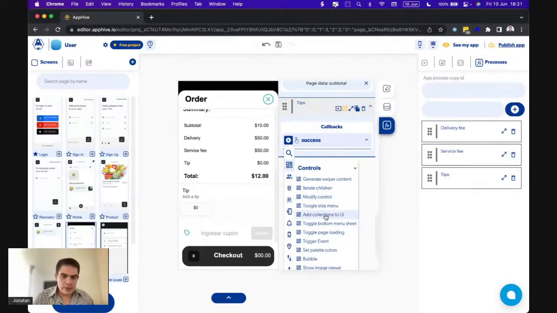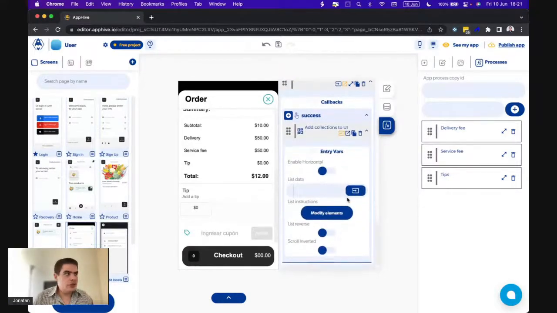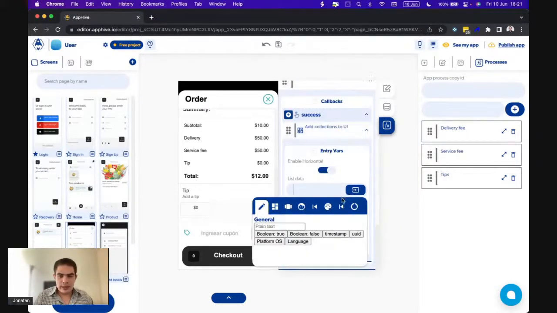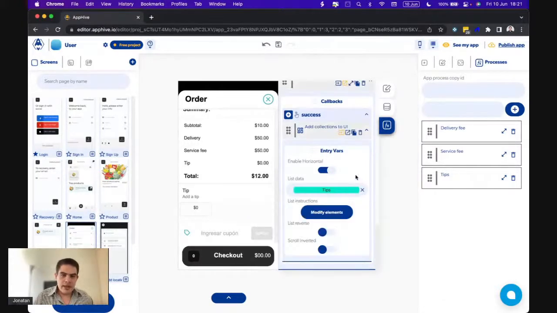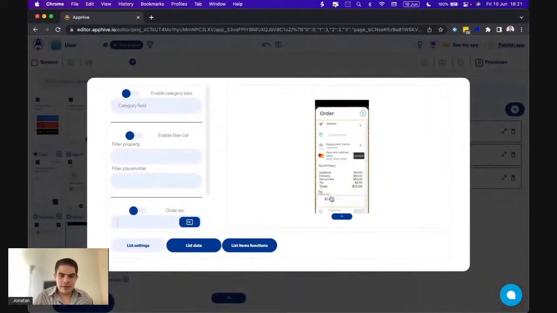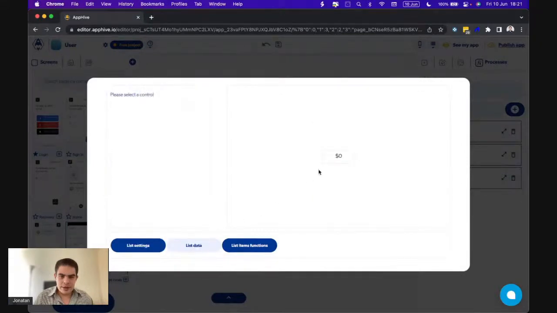So to create list, we use the add collections to UI. So this function allows us to create list, and we're going to enable horizontal list because we're creating an horizontal list. We're using the information we get from tips, and on modified elements, I'm going to select this list because I'm going to create a list on this space, and I'm going to